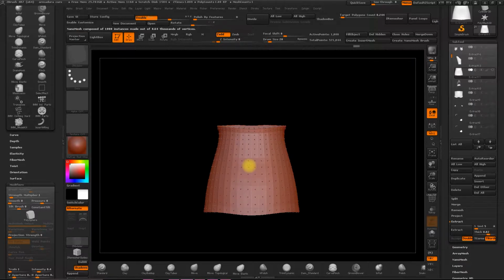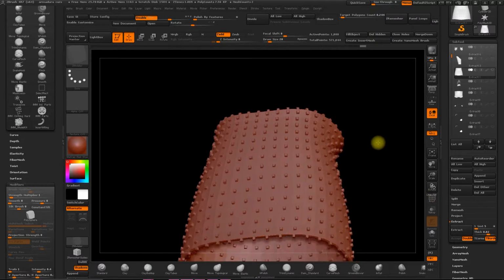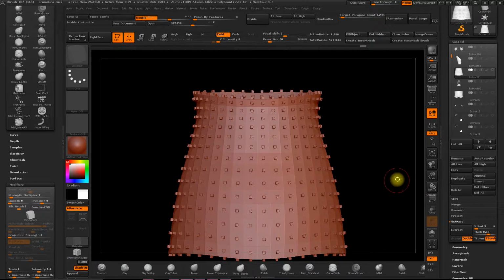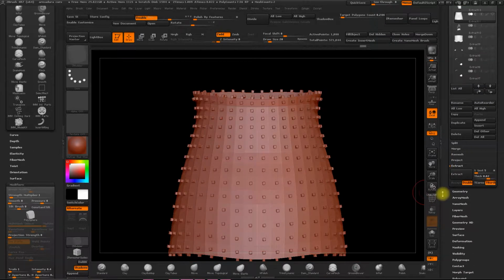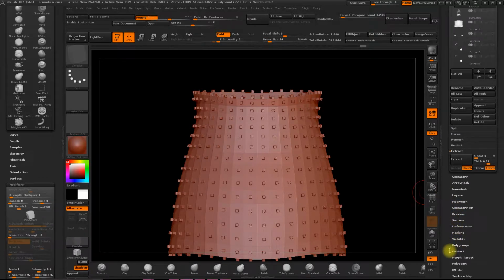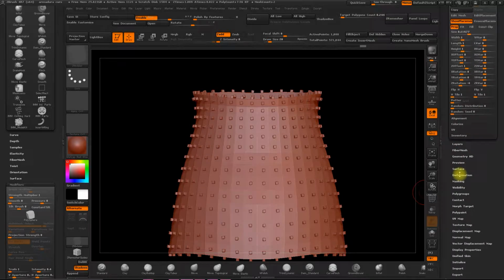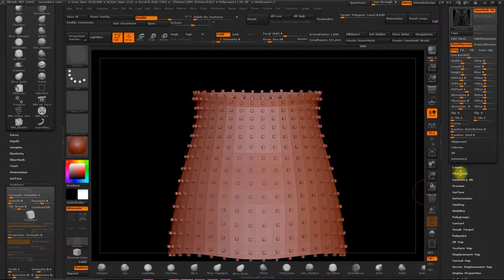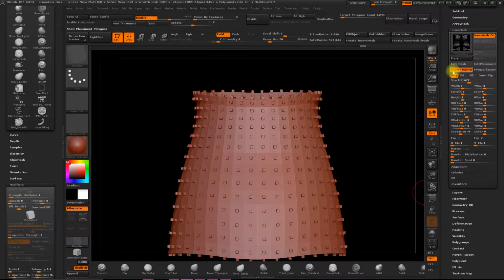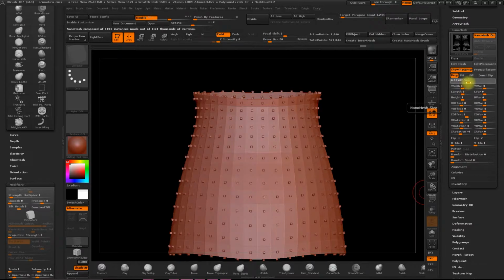Observe how in Modifiers, inside the brush panel, we have an associated object. And now if you apply this to the model, you'll see that in each polygon of the skirt, this small cube appears. Also, if you go to the panel here, inside the Nanomesh, well, all this area is activated. And here you can adjust different values like the size,